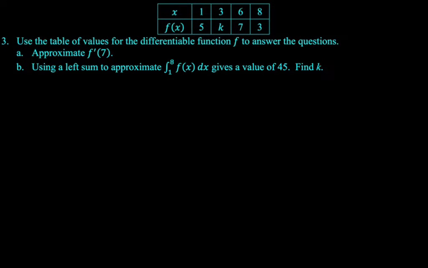Next up, use a table of values for the differentiable function f to answer the questions. We want to approximate f prime of 7. So we know that to approximate a derivative, we have to use the approximately equal to sign. So f prime of 7 is approximately